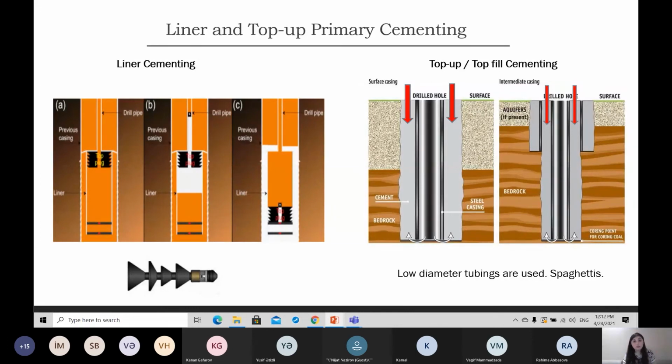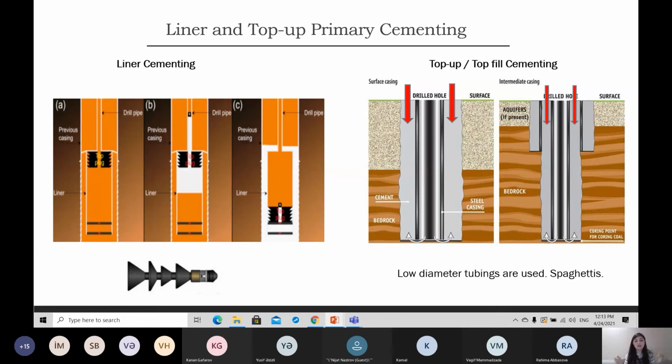But now we don't have a connection between this top of liner and the surface. In this case, we use drill pipes, again strings. These strings are connected to the liner hanger. How a liner is run, you should know that the liner is run with a setting tool, at the end of drill pipe, right? So the liner hanger is on the setting tool, and then this is run to the required depth, and the drill pipe is rotated, and it will